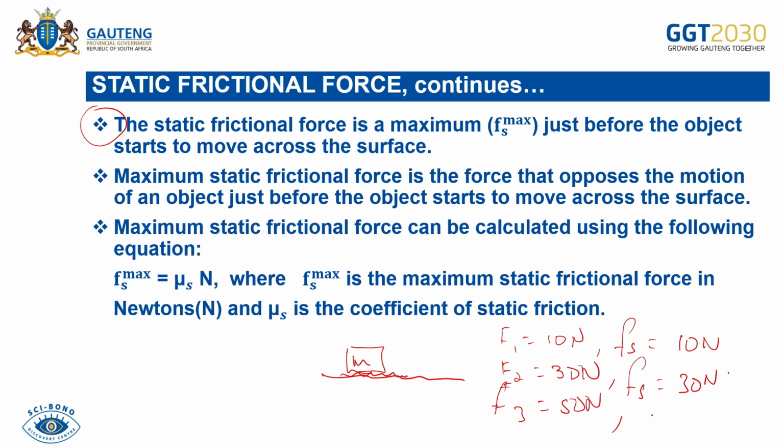At that point we have what we call maximum static friction. So the maximum static friction, obviously, should be greater than the force that is being applied, which is maybe, let's say here,